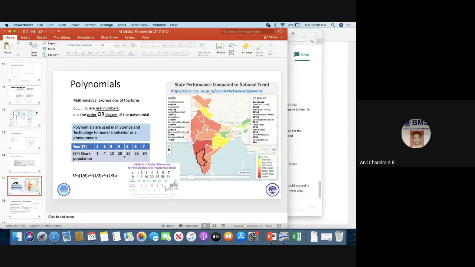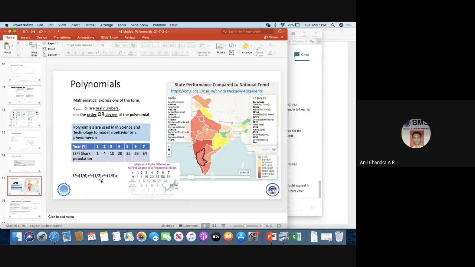Now, how do I fix what order expression to use for that? For that, you will have to do some basic study on finding the degree of a polynomial. Like you see, he has taken this data, taken the difference of it, and again taken the difference of it. You keep taking the difference till it becomes constant. All are one. So now you have first order, second order, third order. So this data varies as a third order polynomial.